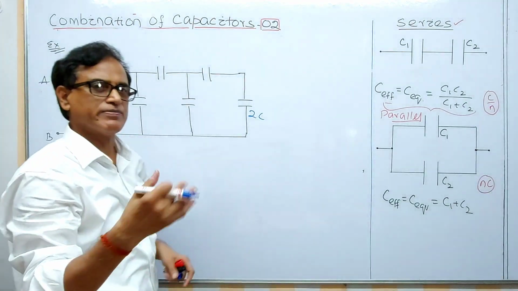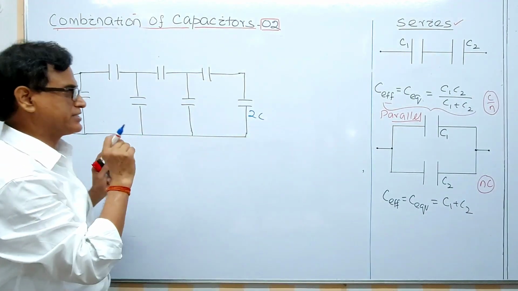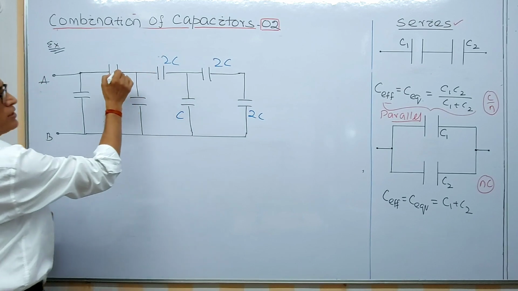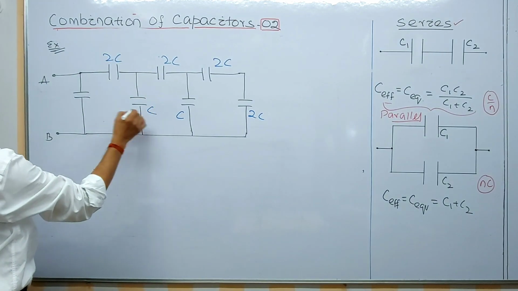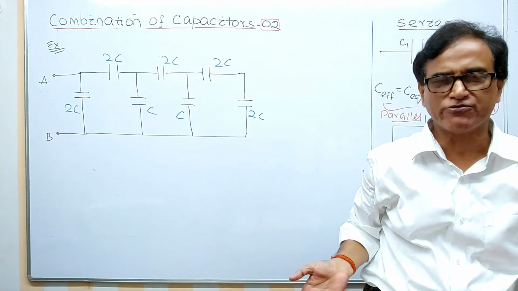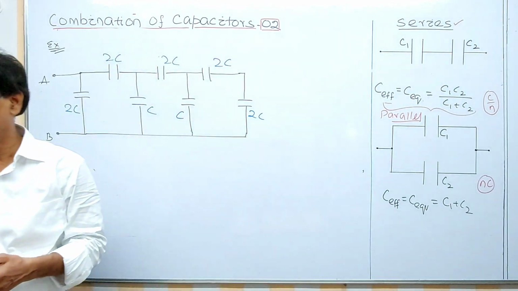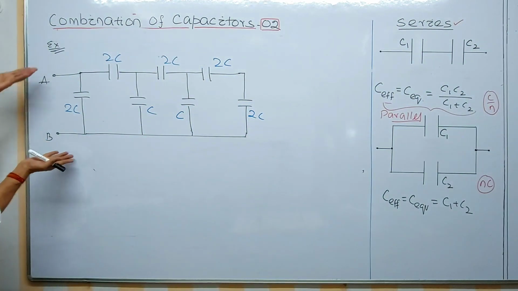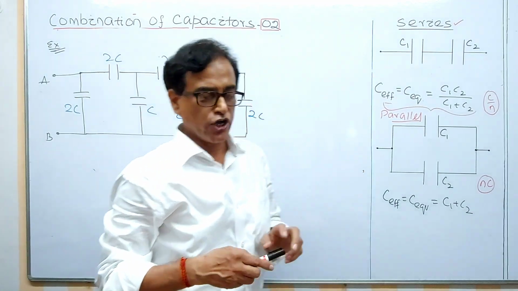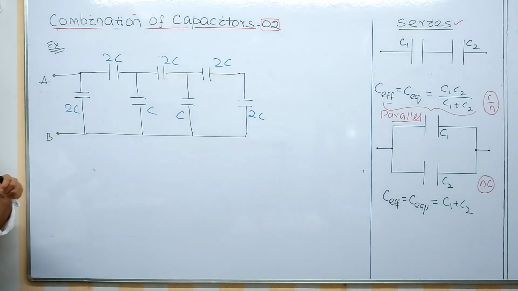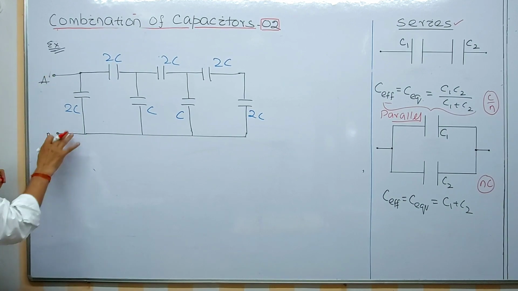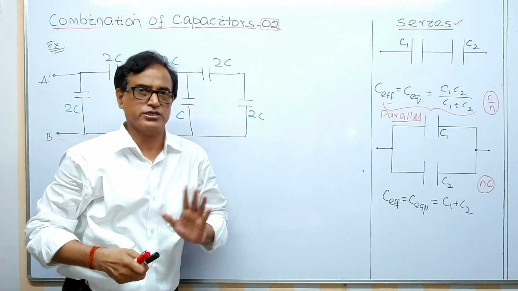This is a simple circuit. I have taken all the complicated circuits earlier. I am giving again a simple circuit. Let us try. This is 2C, this is C, this is 2C, this is 2C, this is C, this is 2C. Now, in this type of arrangement, some students get confused again whether we will apply the balanced Wheatstone bridge. No. Because the terminals are here. No way it will be a balanced Wheatstone bridge, it is a simple circuit. So whenever you have a circuit like this and terminals are given here, terminals means if you want, you can connect a battery here, plus and minus. If you don't want, you cannot connect. You can tell the solution directly.